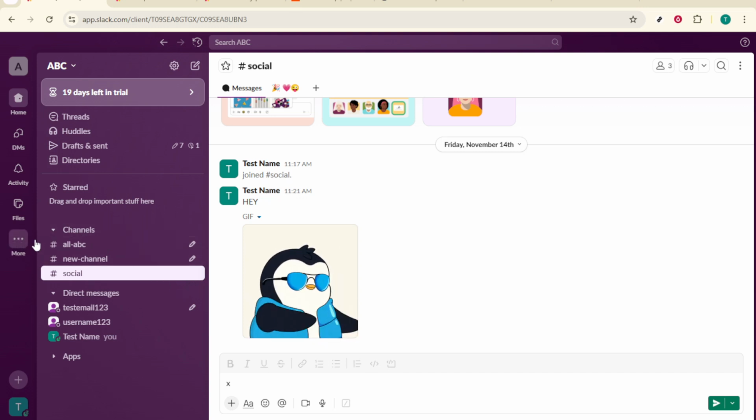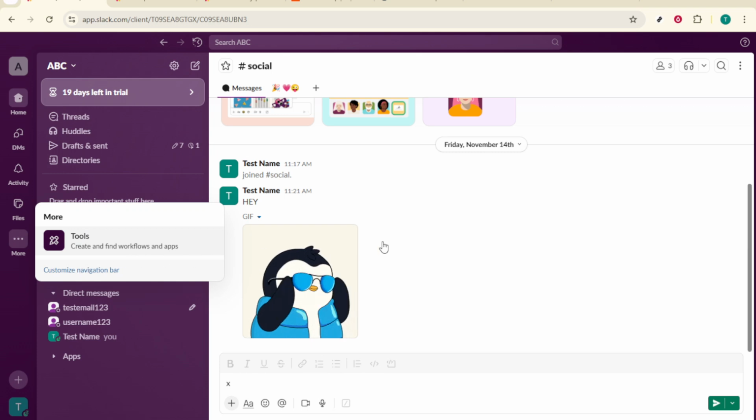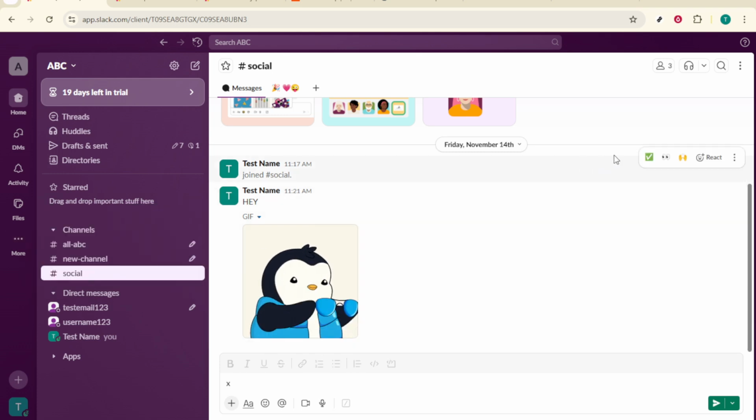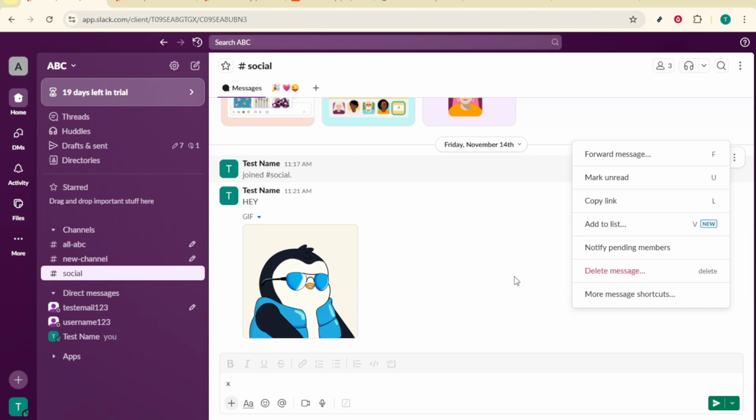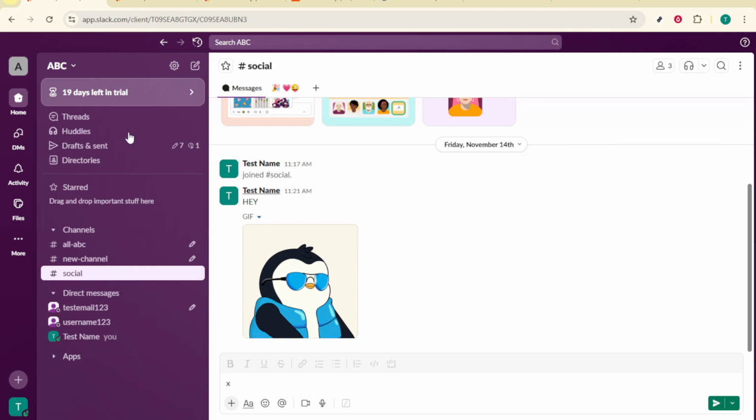Move your mouse over that reminder to reveal more options. When you hover, you'll see a three dots icon, sometimes called More Actions. Click that icon. In the menu that appears, choose Delete Reminder. That's it. The reminder will disappear from the list and you're done. If you're managing several reminders, it can help to read the text carefully before deleting to make sure you're removing